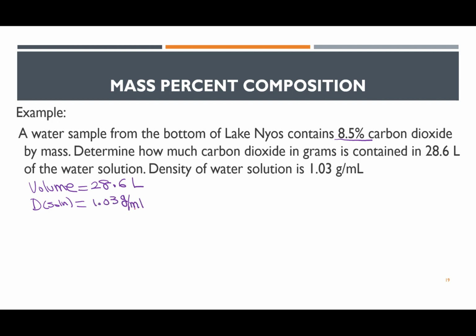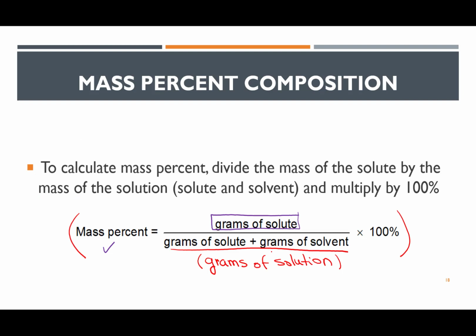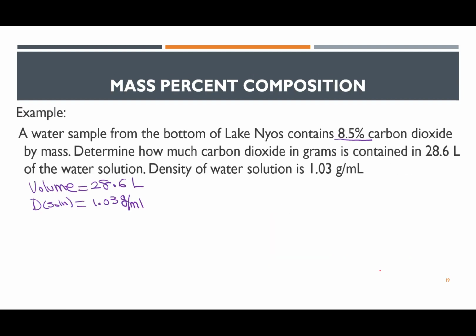Okay. Then knowing the density, knowing the volume, we could find the mass of the solution. Then if I go back to my previous slide, I will have the grams of solution and the mass percent, and I could easily calculate the mass of the solute. Okay, all right. The density, which is 1.03, is equal to